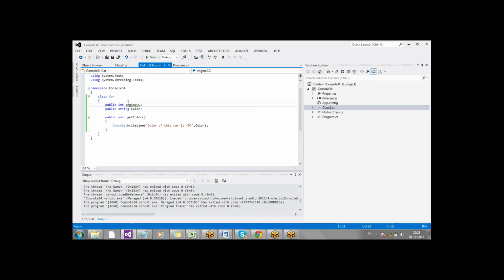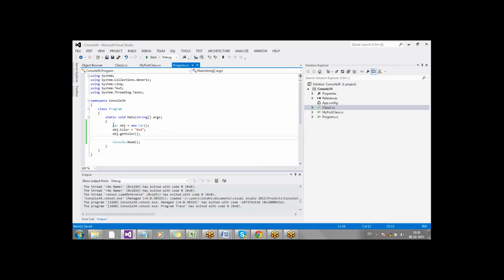So this is about the members which are defined inside your class. You have created two variables or fields here, and you have created a method as well. Now let's move to the next concept called inheritance. So now I'll create something called SuperCar, and how to inherit it from the base class called Car? How to do that? Good. Colon Car, and I am not writing anything inside it.